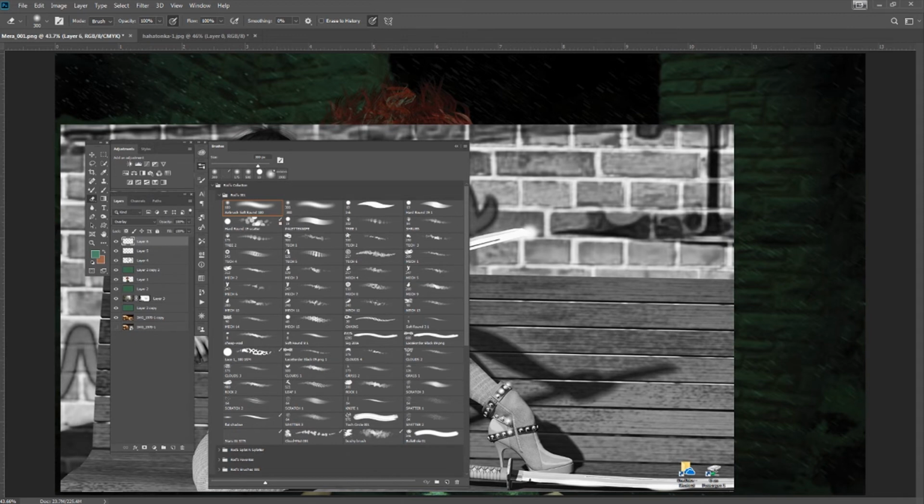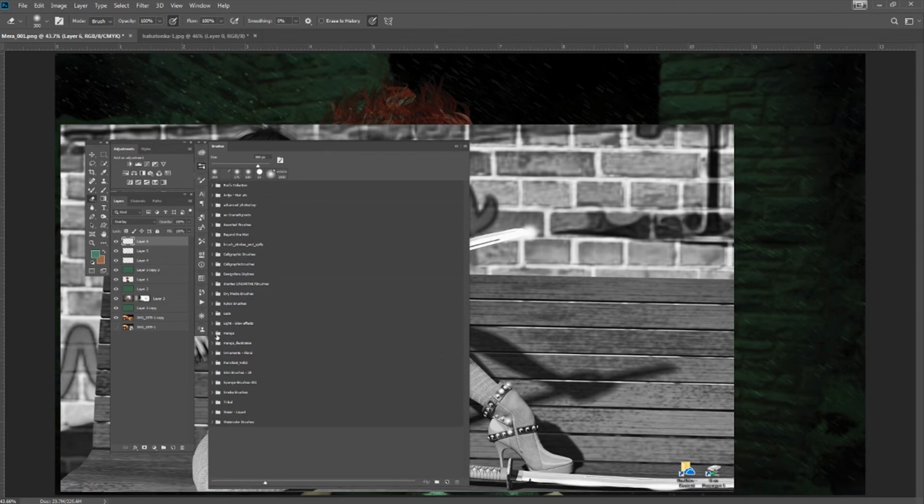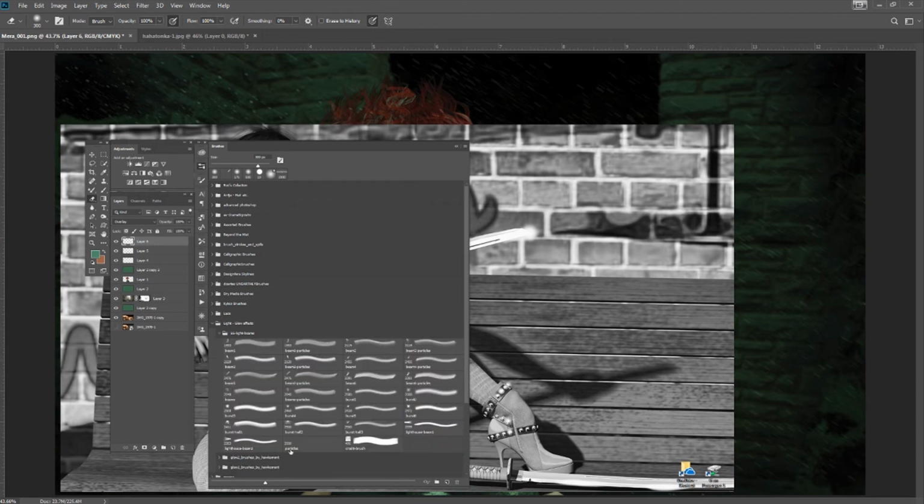Okay. Now I'm going to come over here to the brushes, now that I've got them all reinstalled, and I've kind of separated them, organized them a little bit better. So let's grab this light beams and see what we've got. There's a lighthouse beam. A burst. Oh, I might use that. I don't know. Lighthouse beam 2. Burst. Let's use, yeah, let's use burst. Okay? All right,